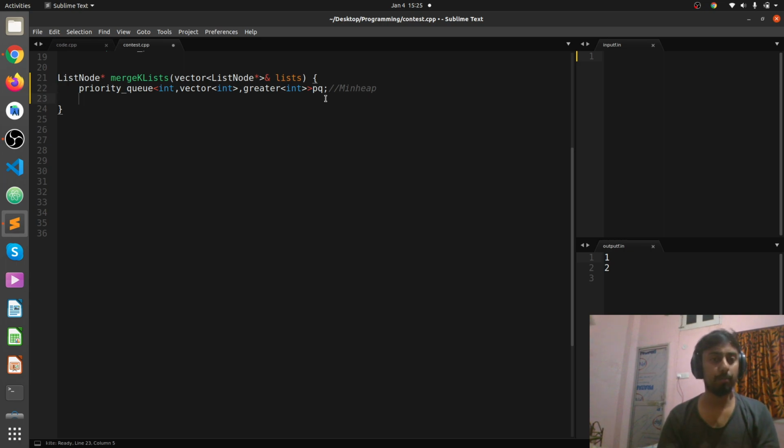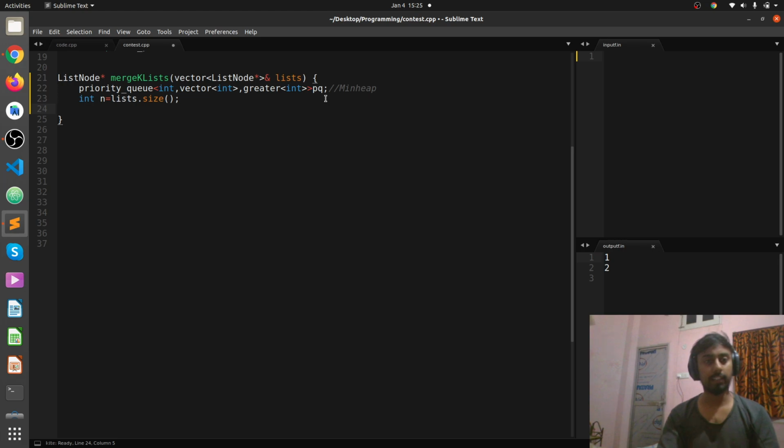Now we will push all the elements of the linked lists into the priority queue, so that each time we pop it we get the smallest element of the linked lists, and we are going to create the new linked list. Let's access lists dot size.